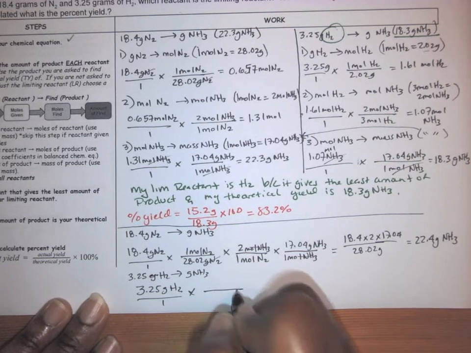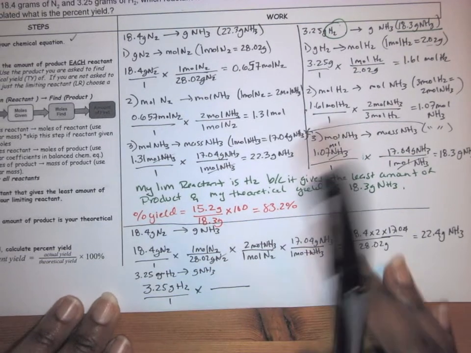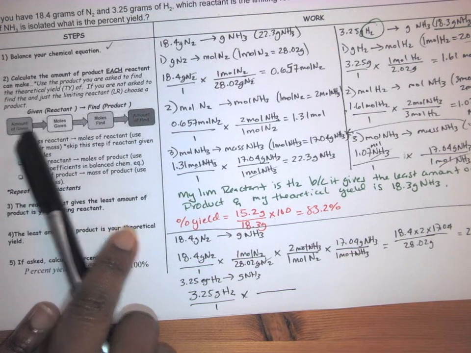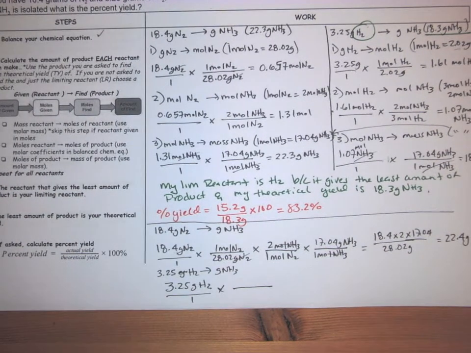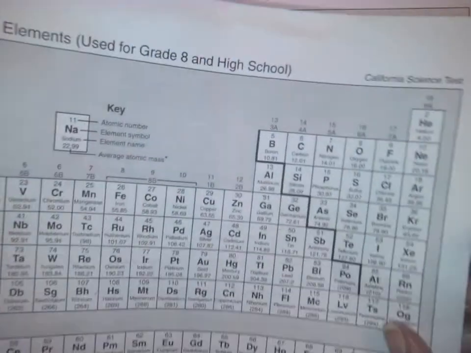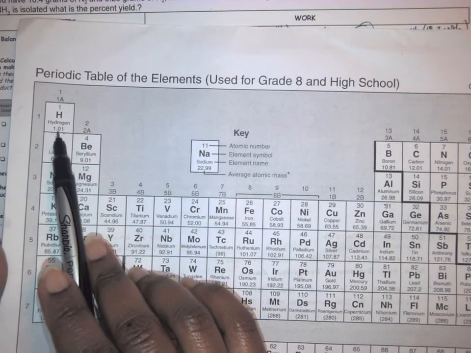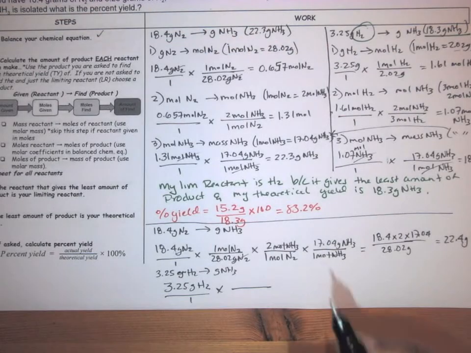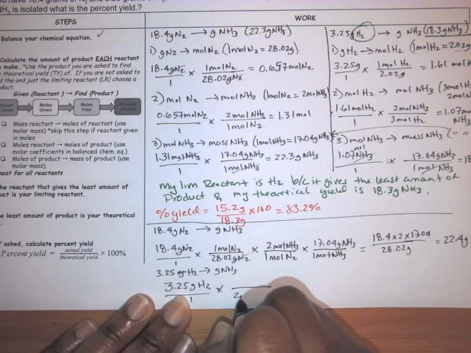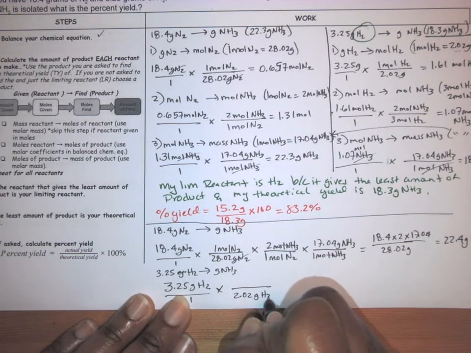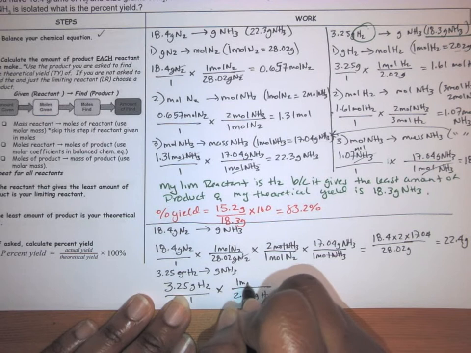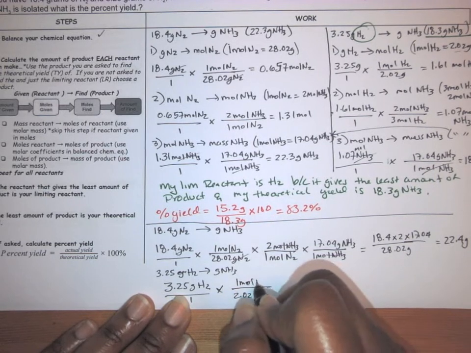Now we convert from grams of H2 to moles of H2, using the molar mass of H2 from the periodic table. Since it's H2, it's twice the amount, so that's 2.02 grams on the bottom, so the grams of H2 cancel out, and 1 mole goes on the top,